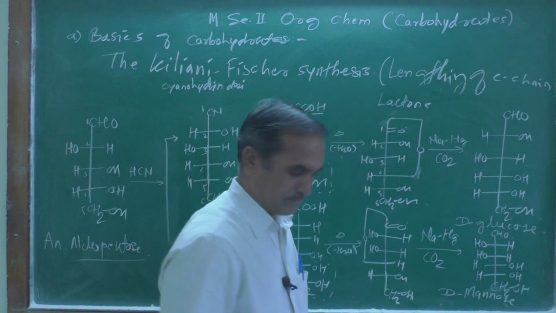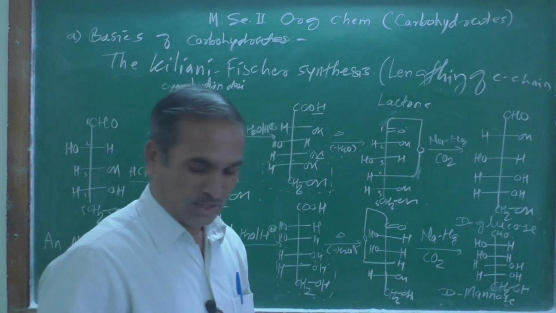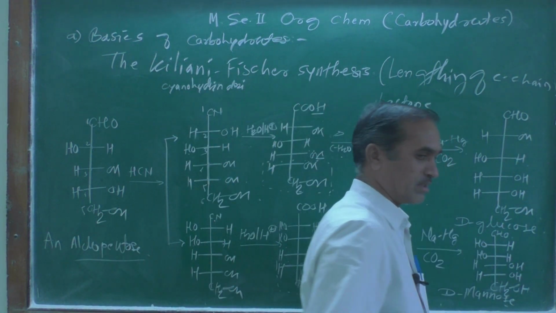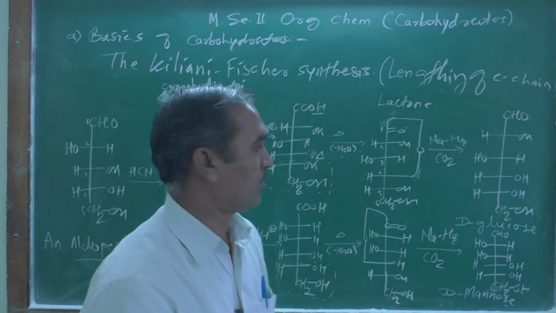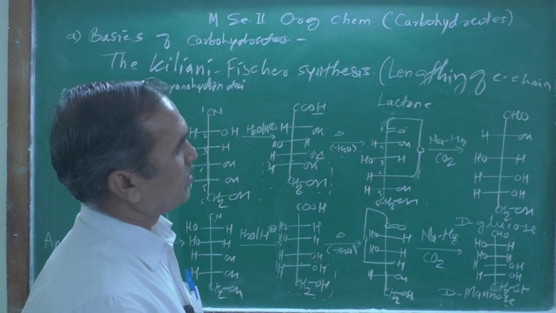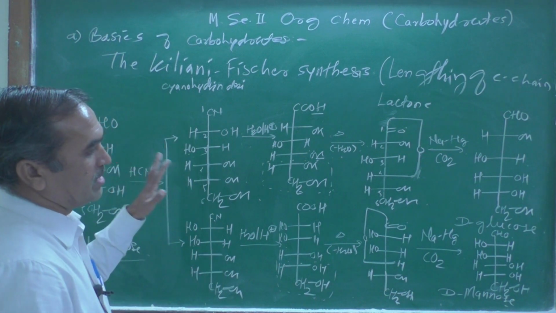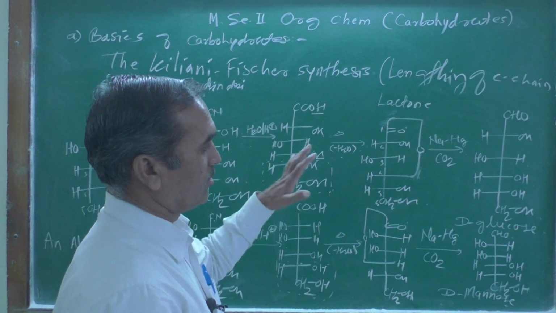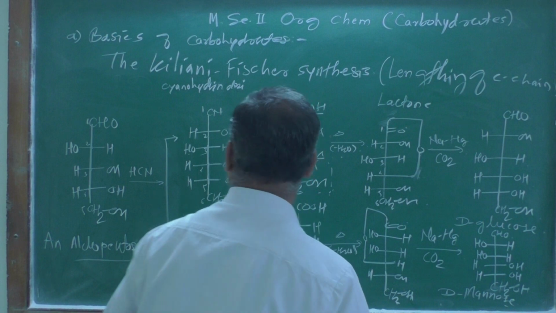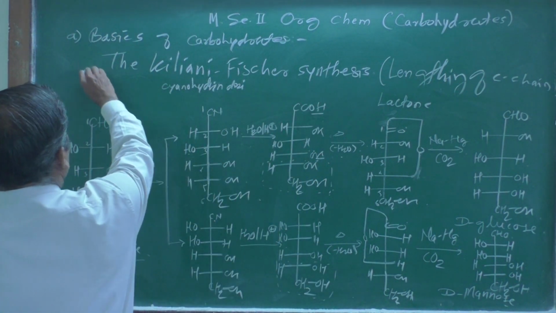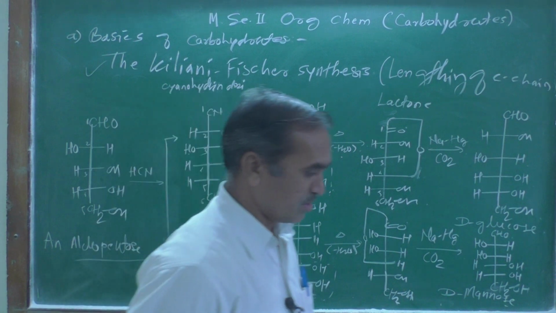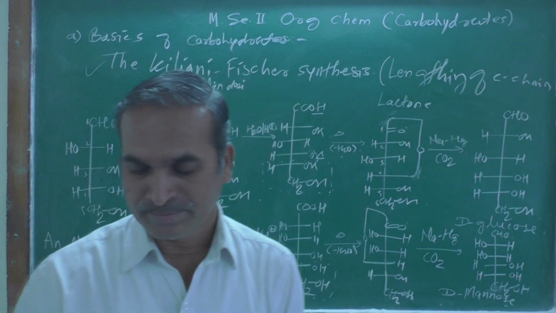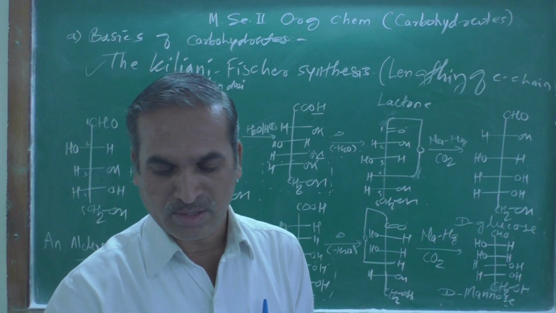In a chiral approach, we have seen how D-mannose is useful for synthesizing many of the natural products which are medicinally useful. So in this way they have synthesized D-glucose and D-mannose in the laboratory. So this is one of the famous syntheses known as the Kiliani-Fischer synthesis. The 4 steps you should remember while synthesizing this type of compound.